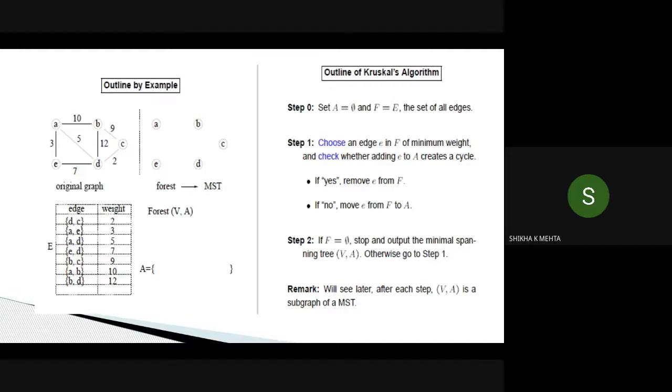So we choose the edge E in F of minimum weight. From this particular example, from the set of edges, we are choosing the edge DC with the minimum weight, and check whether adding E to A creates a cycle. As I said, when we were choosing this, we were checking whether considering this particular edge is going to create a cycle or not. If yes, we will remove this edge E from F, and if no, we will move edge E from F to A. So A is going to give us all the edges which are going to create the minimum